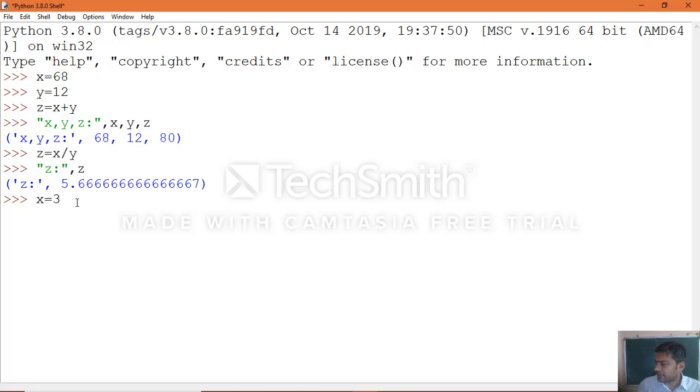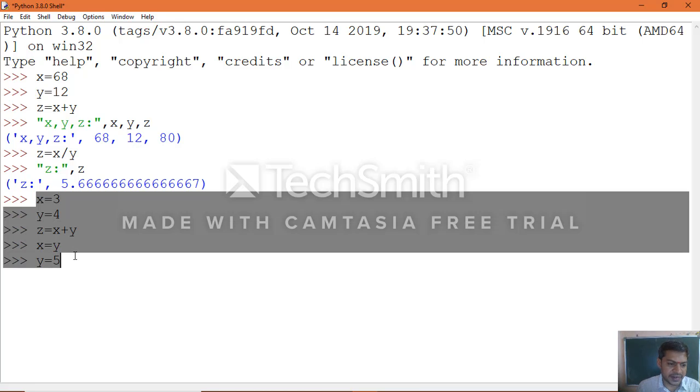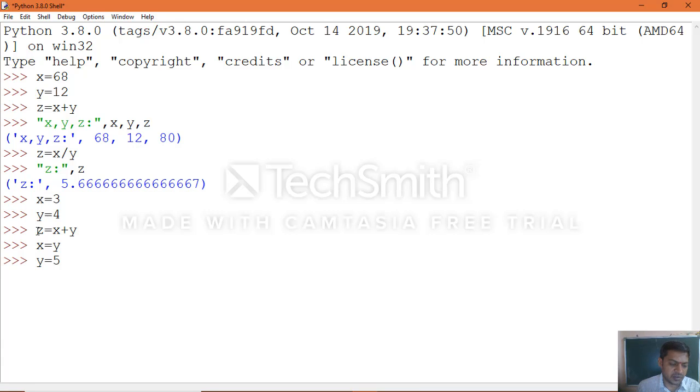x equal to 3, then y equal to 4, z equal to x plus y, then x equal to y, y equal to 5. Now in this case, observe the statements we have written. x equal to 3 is the initial value and y equal to 4, and x plus y is assigned to the z variable, that is 3 plus 4, so 7 will be assigned to z.